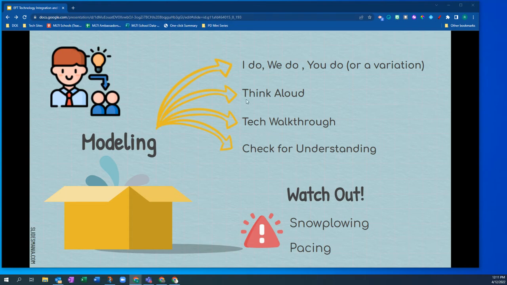Those are just some highlighted ones. And obviously there's a lot more that could go out there, but I think these ones really stand out when you're using technology with the modeling piece. A couple things always to watch out for, though, with the modeling: snow plowing and then the pacing. Again, with technology,